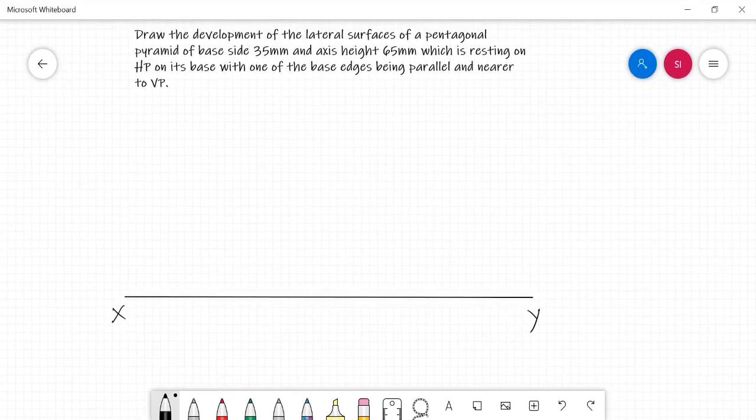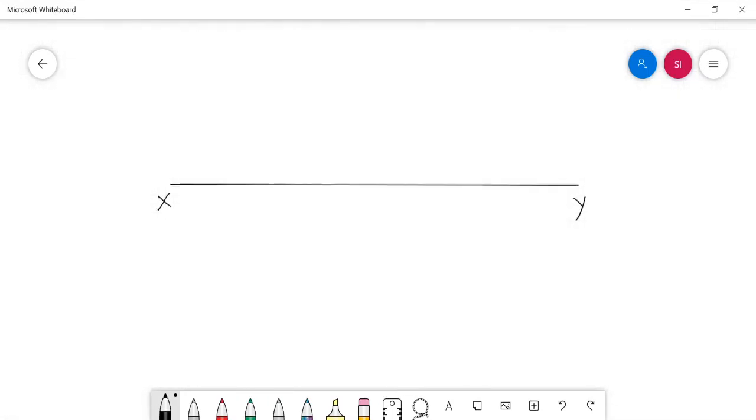In this problem, the object is resting on its base on HP. So the base view, that is the pentagon, is visible only through the top view. So we have to draw the base view in the top view area.